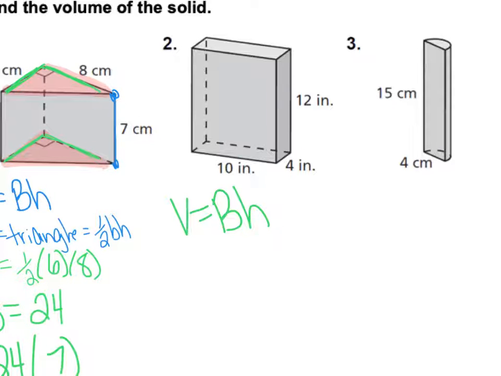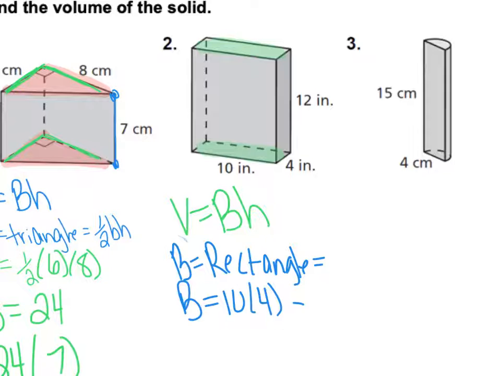Again, the base is here and here. Okay, well, if we think logically, that's a rectangular base. Our base is a rectangle. Okay, and the area of a rectangle is base times height, or length times width, which would be 10 times 4 in this case,